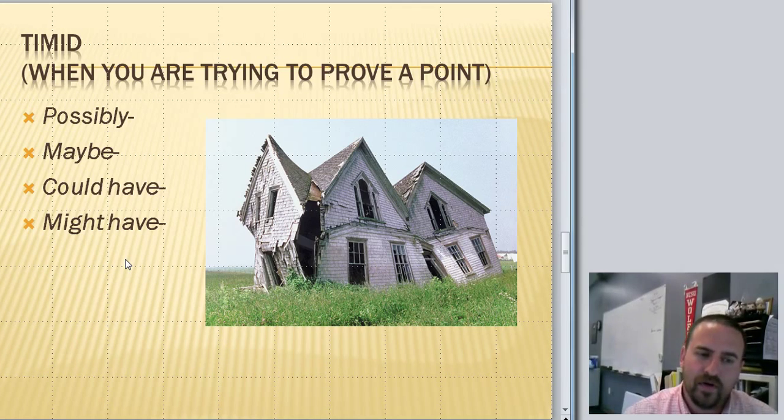If you're giving me a lot of coulda, shoulda, woulda, and possiblies, that means you're not as confident in your knowledge as you should be. So you need to have a foundation, and that foundation needs to be strong. You need to build a strong foundation in your writing. So you want to avoid this house. That strong foundation comes when you have a thesis statement. It is a strong thesis statement, and you build your arguments out of that thesis statement, and you connect everything back to that question. That is going to lead you to be able to write with authority and write a very well-crafted DBQ response.